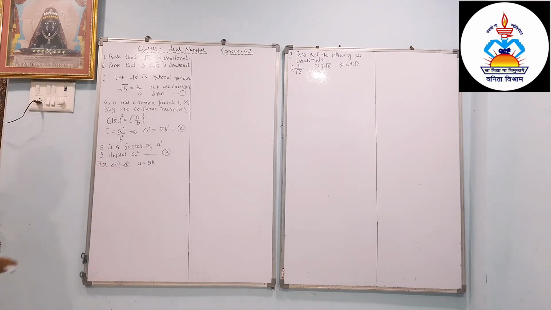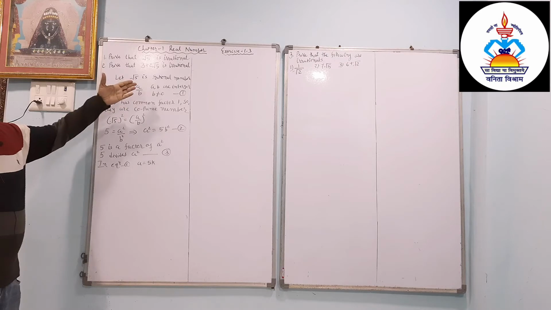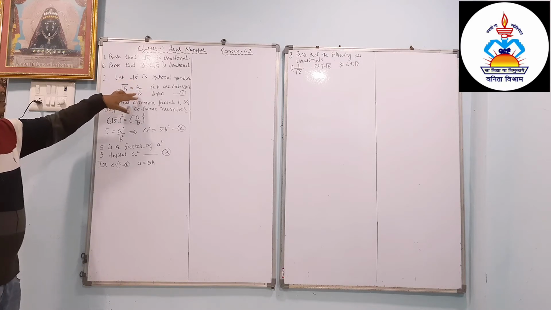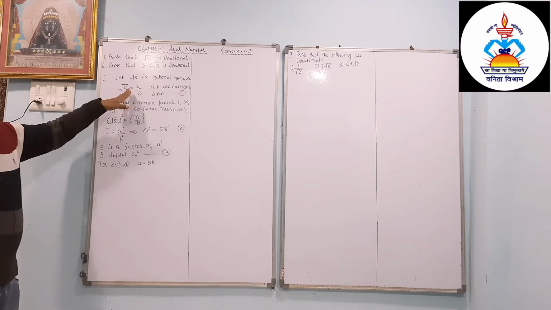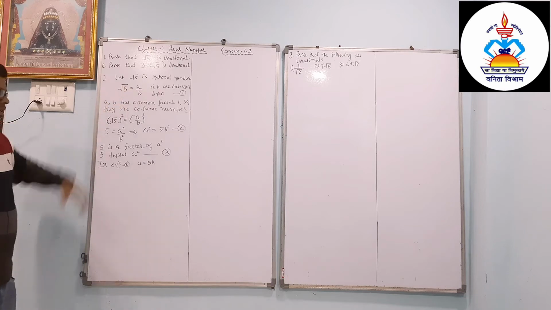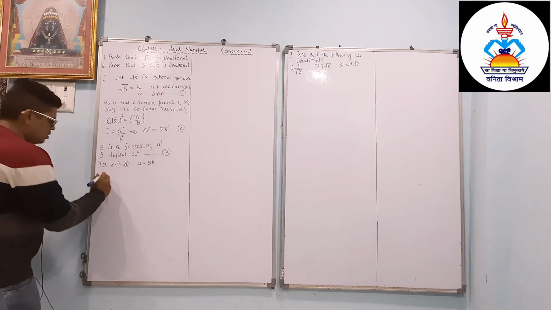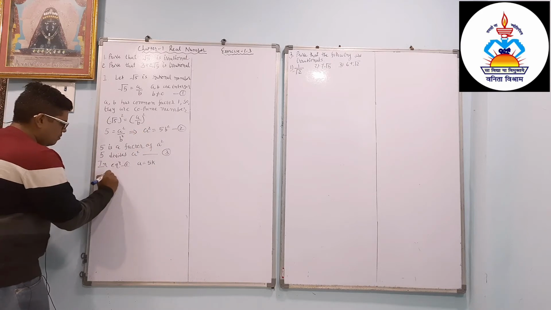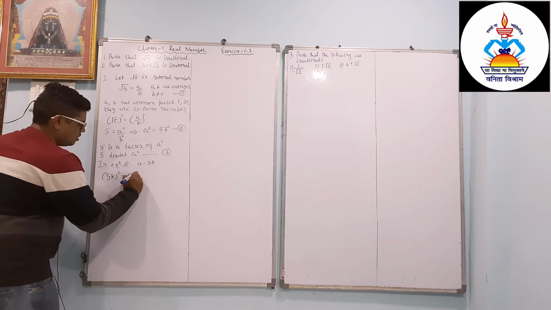So why are we doing this? Because we want to prove that a and b do not have only one common factor, they have another factor. When we prove that a and b have another factor, then we automatically prove that a divided by b is not a rational number, it is an irrational number. So a equals 5k, that we will substitute here. So instead of a squared we can write (5k) whole squared equals 5b squared.